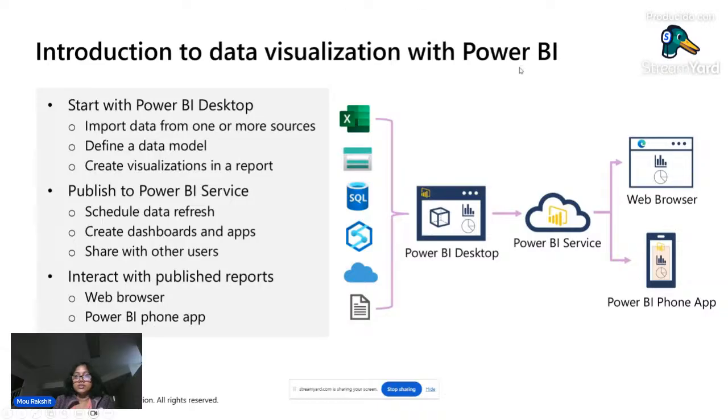And this is the very popular visualization service within the Microsoft Azure Data Platform. And as I also want to mention, there is one more service called Real Time Dashboard, which is part of your real time analytics hub.